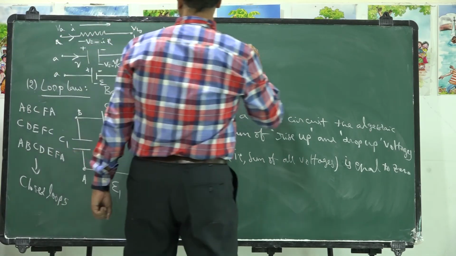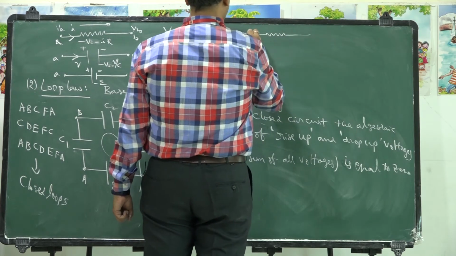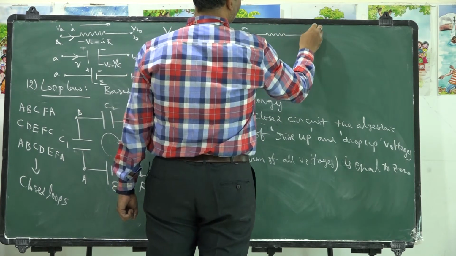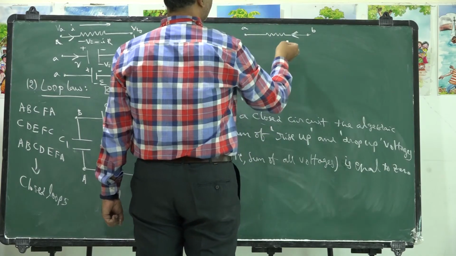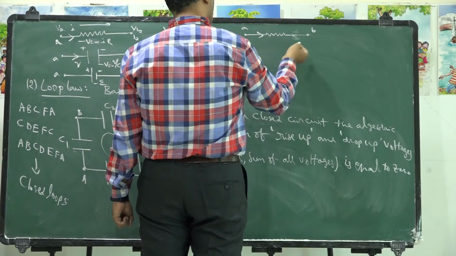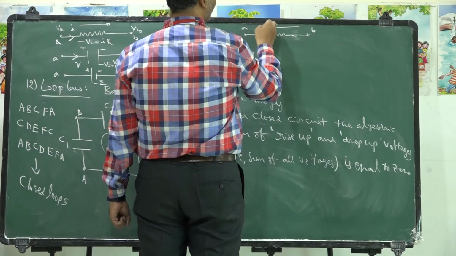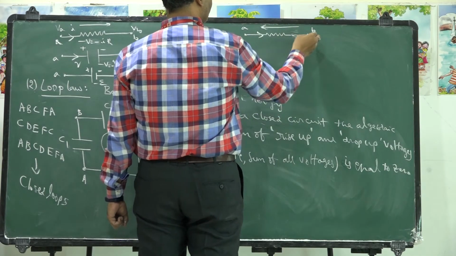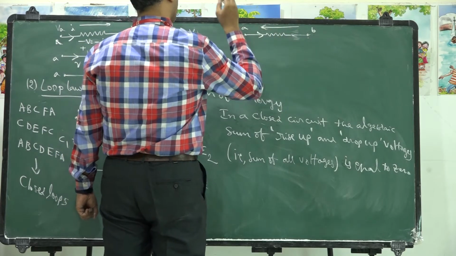Similarly, the same situation in reverse manner, let me see. The same resistor is there. It is A, it is B. Suppose current is going like this, then you are moving in the opposite direction. Your observation is from terminal B to terminal A. That means you are moving from low potential point to high potential point.